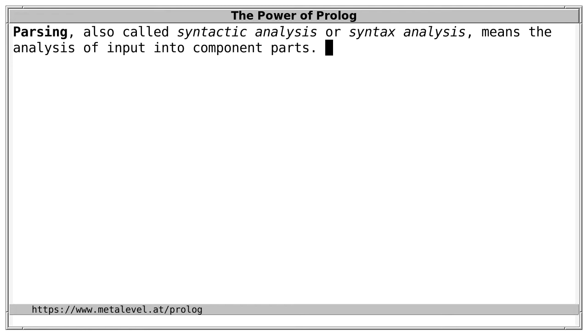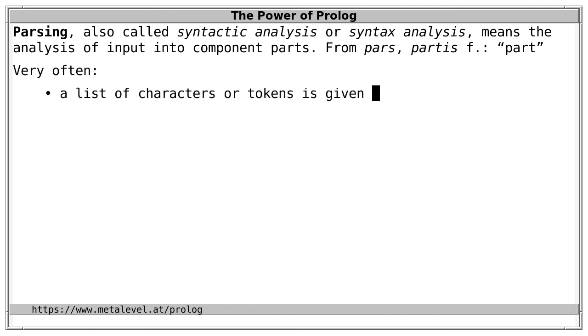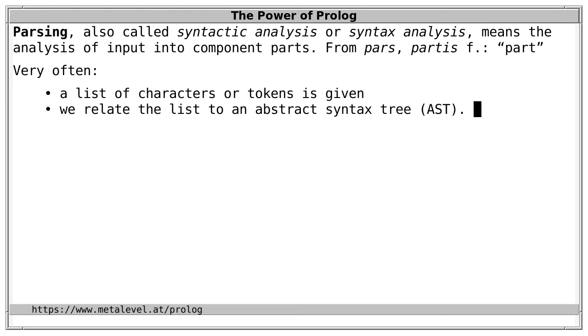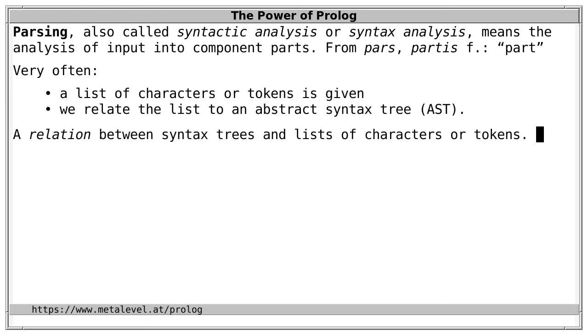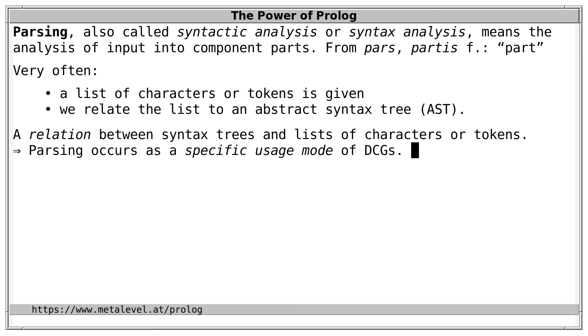Parsing is also called syntactic analysis or syntax analysis, and it means the analysis of input into component parts. In fact, the word stems from pars, which is the Latin word for part. And very often it means that a list of characters or tokens is given, and we want to relate this list to an abstract syntax tree, an AST. So it's a relation between syntax trees and lists of characters or tokens. And therefore, again, a relation between trees and lists. This means that parsing occurs as a specific usage mode of DCGs, namely a case where the list of characters